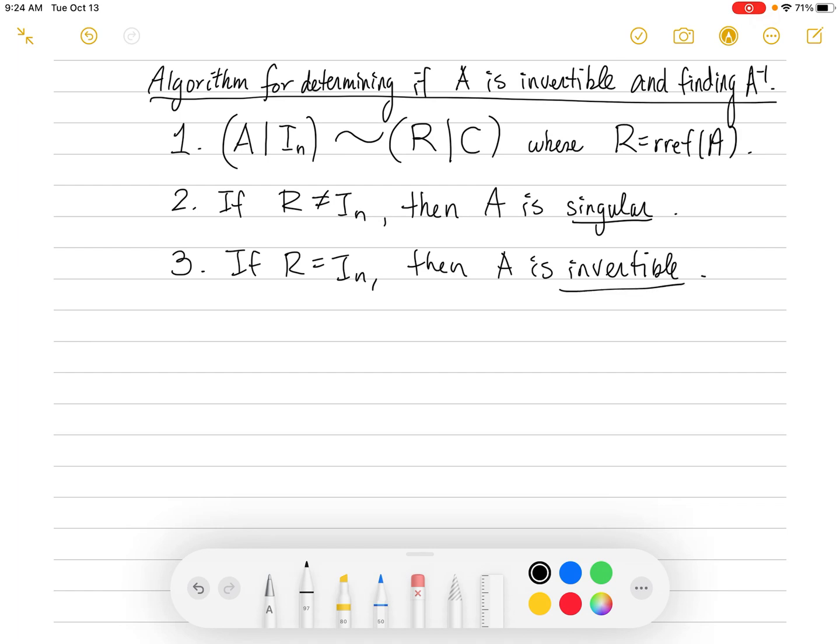And remember that the sequence of elementary row operations that reduces A to the identity also reduces the identity to the inverse. So that would force C to be the inverse. So thus, C would be equal to A inverse. So that's how you find A inverse in general for an n by n matrix. We know how to find A inverse for a 2 by 2, so this allows you to find it for any size matrix, like a 2 by 2 or a 3 by 3 or a 4 by 4 or a 5 by 5. So let's do an example